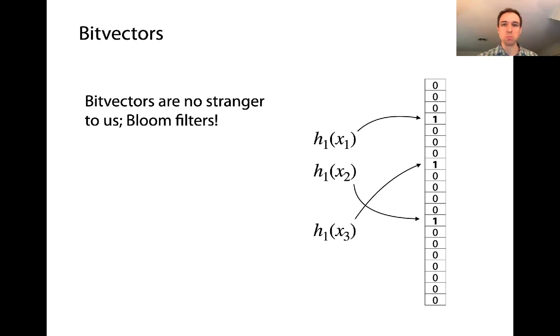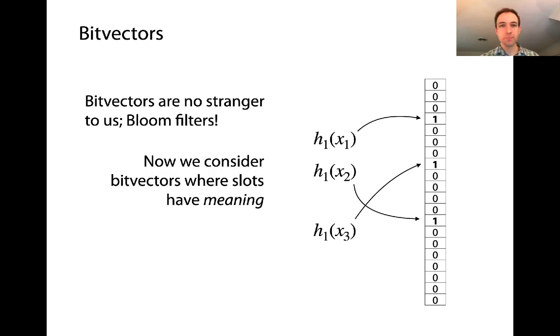If you're not familiar with Bloom filters, that's not important. In the case of a Bloom filter, the bits in the bit vector and where exactly they are in the bit vector are not particularly meaningful, right? If you see the bit at offset 8 is set, that doesn't really tell you anything in particular about the set. But we're going to be thinking about bit vectors where there is some meaning to each of the slots in